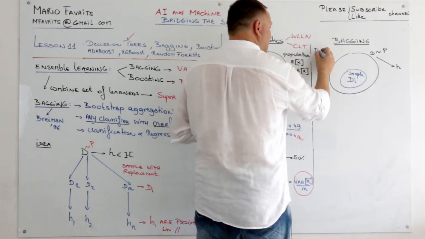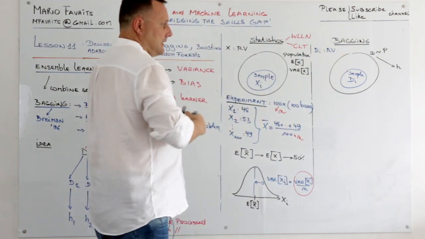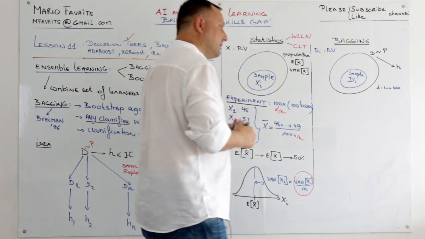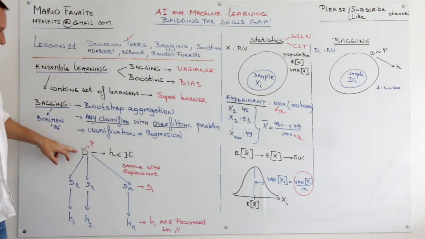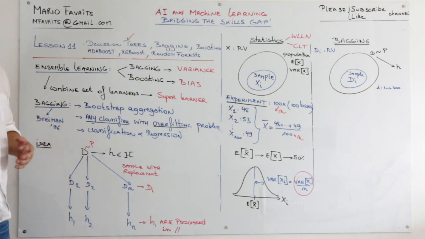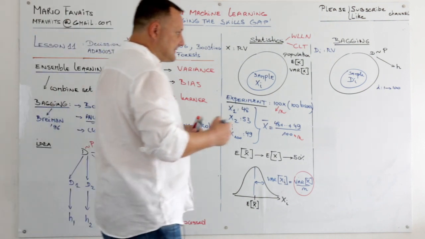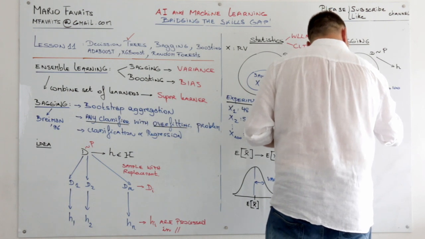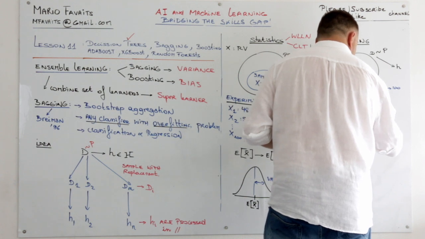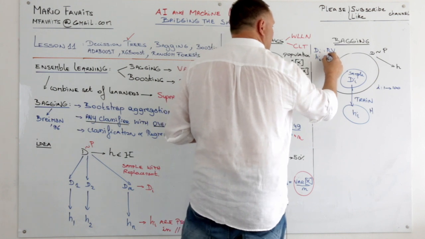So a DI is a random variable, and I can be from 1 to 100. So what we do here, we start from our distribution D and we sample with replacement, and that's called bootstrapping. From there, bootstrap aggregation. Once we have the DIs, we're gonna train the model, and we will get HIs. So HI in this case is also a random variable.